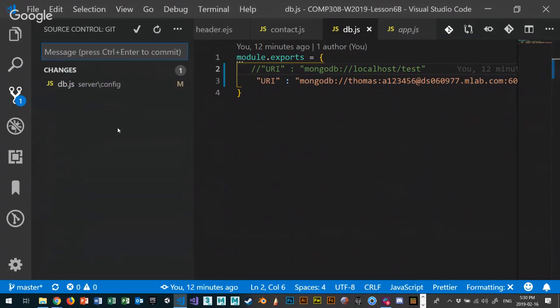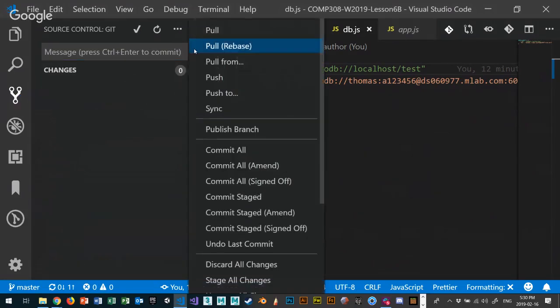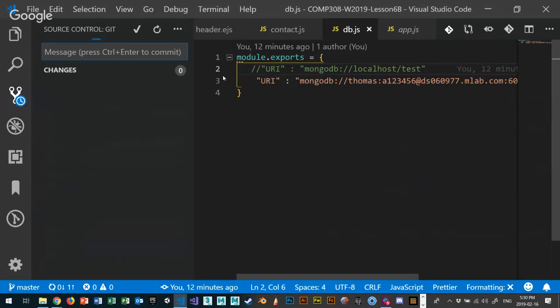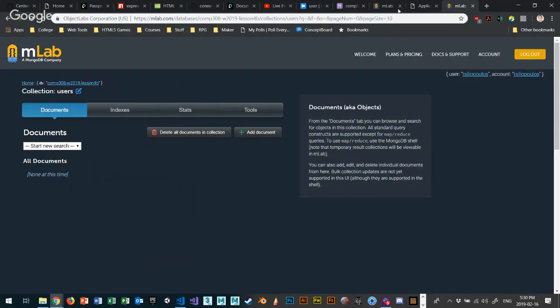So here, I'm going to go to here, and this is the configuration. So I'm going to say "modified config to work with MLab." Okay, so this and this and this. If you don't do this properly, you're going to forget. And I forgot. Now, we know that this works, but we also know that we need sometimes